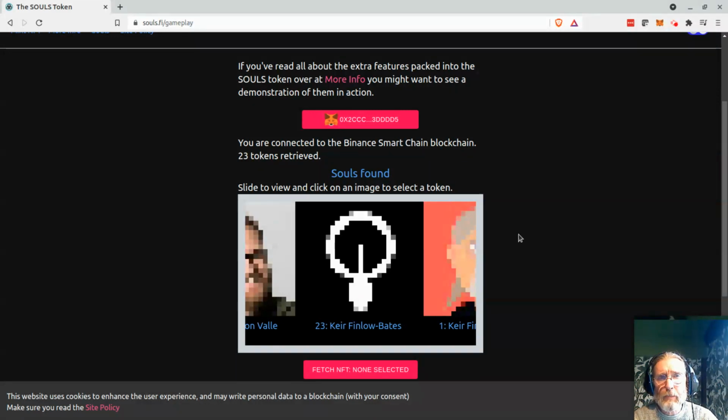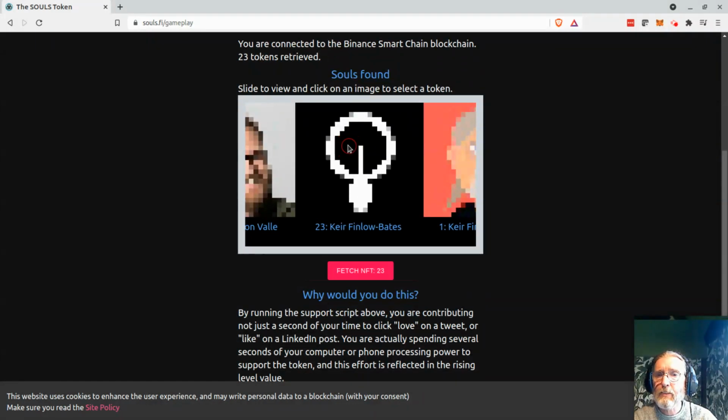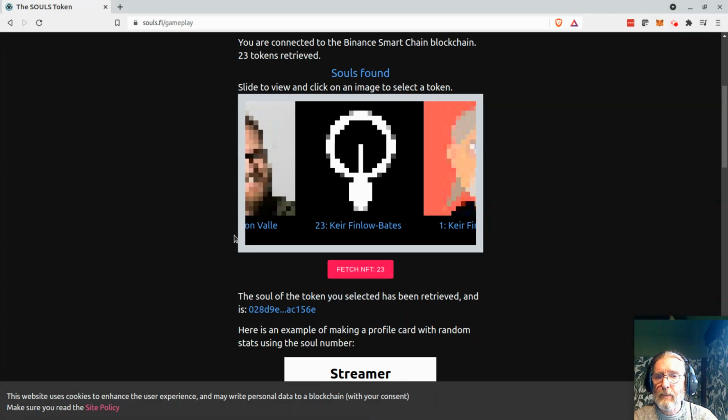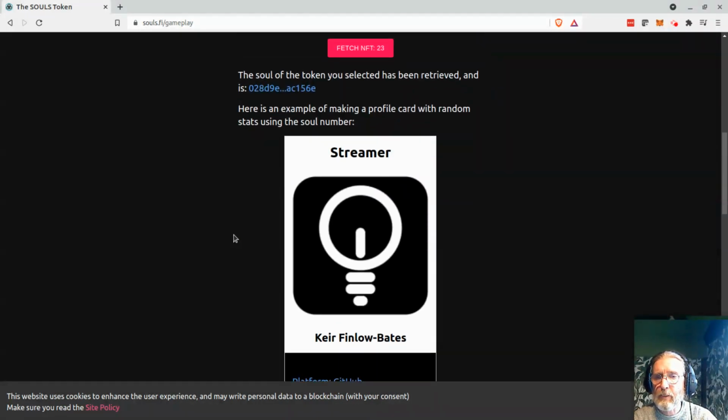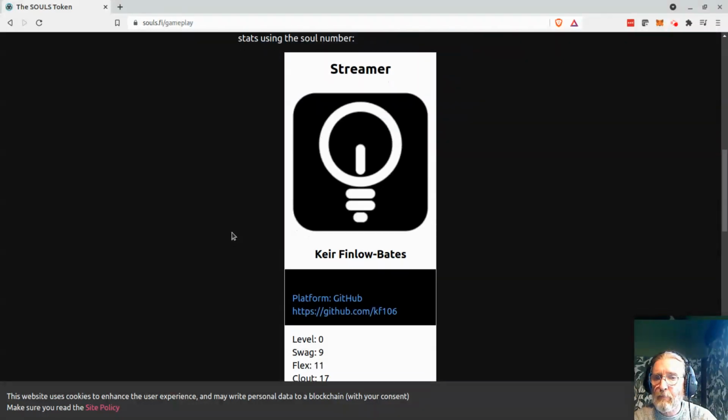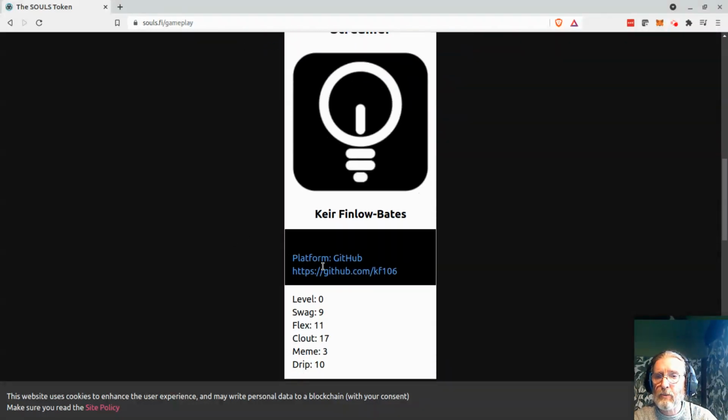So this should keep the chain maximalists happy, because there are some people out there who think that everything should be done on the blockchain, not done through pointers to files off the blockchain. So I'm now going to select this NFT and fetch it. And there we go. This will dynamically load. It's the same image you saw when we were minting. There's my name. I used my GitHub account, so it's got a link to my actual account.